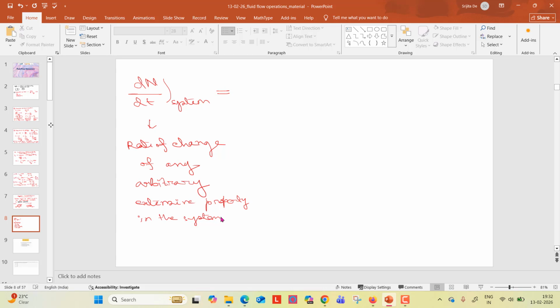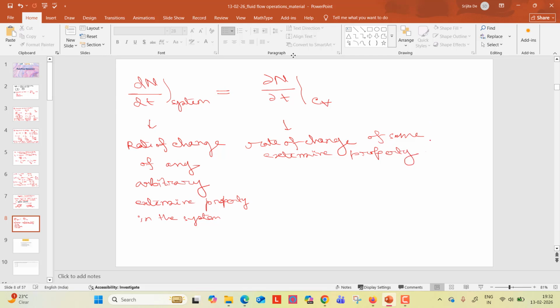This is the, so this is del/del t of the control volume. This definition is the rate of change of the same extensive property